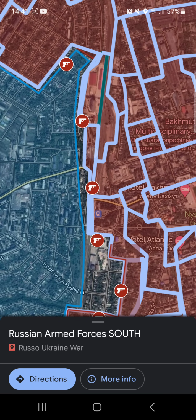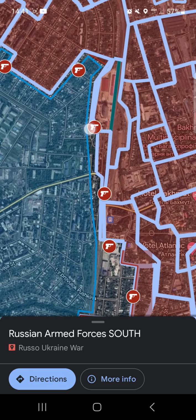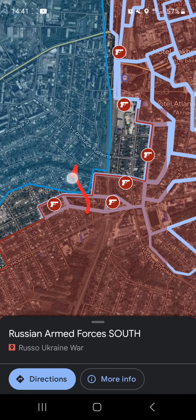as well as capturing both train stations and crossing the railway in this northern area right here, both in the northern area southwards and westwards from the central area by both train stations. And they're also advancing here to the south, where they're moving northwards from their current positions, trying to enclose these areas by going from the north and the south, which has made the Ukrainians withdraw from the eastern parts, according